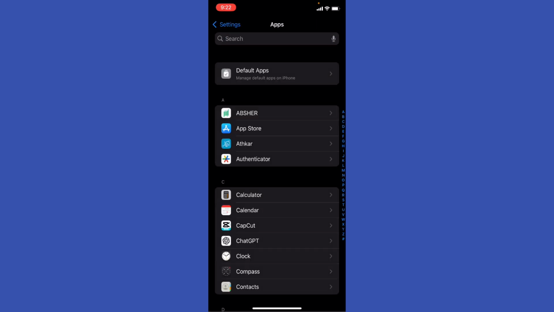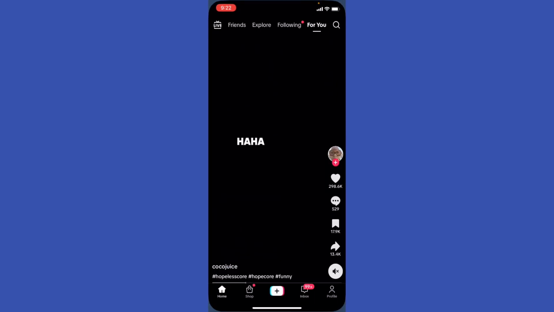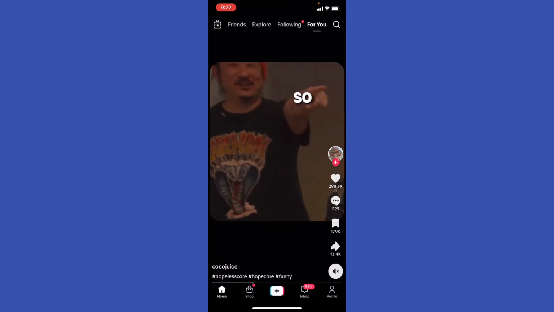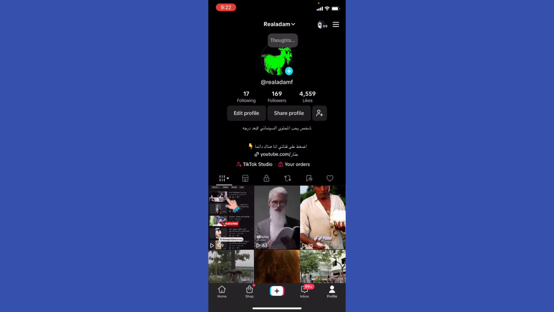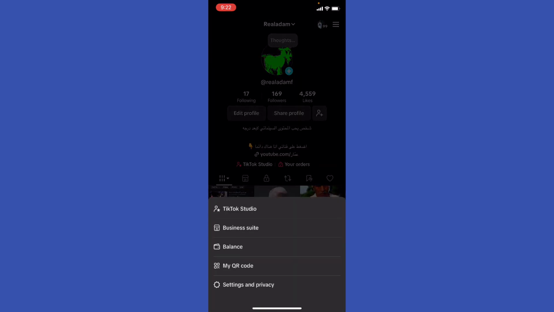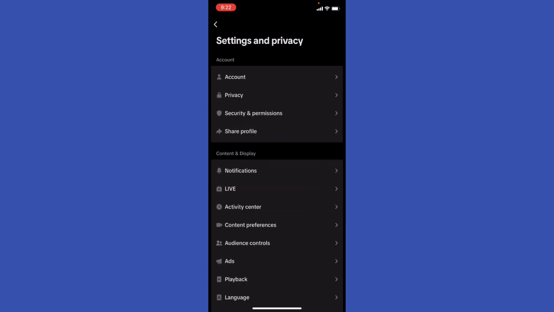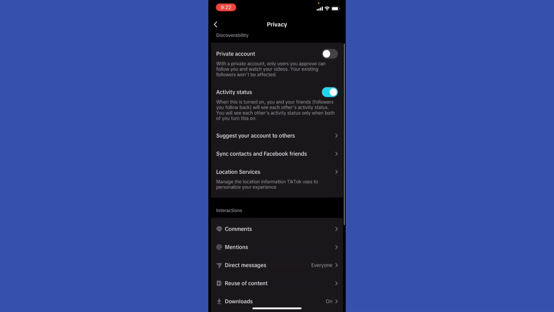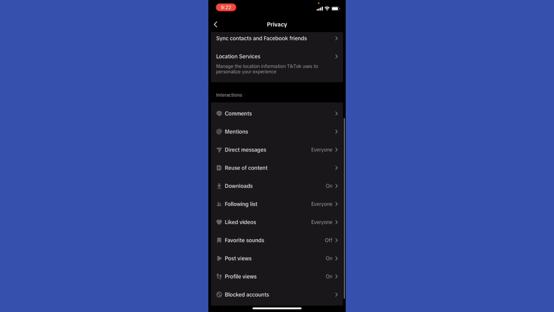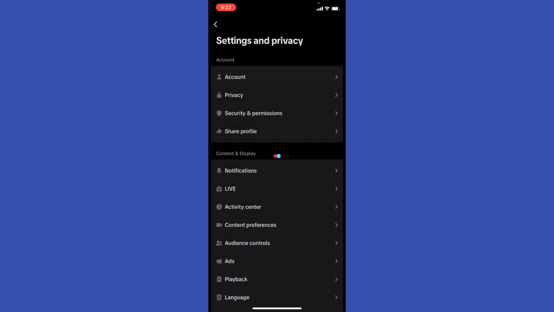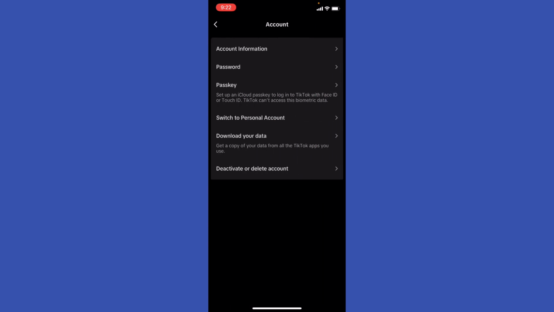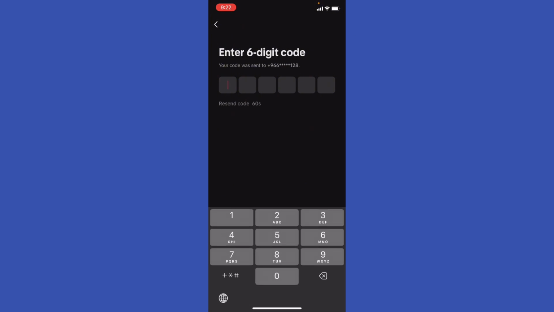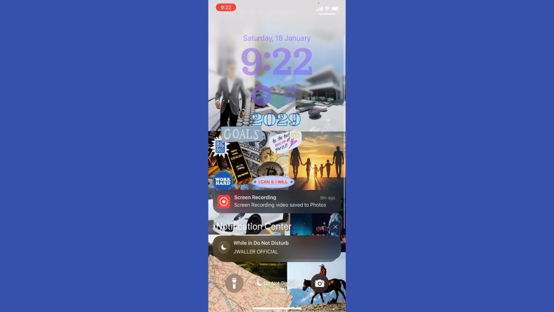On to the next step, we need to use a strong password. If you have a unique password that you can think of, you could click the profile at the bottom right, click the three bars at the top right, settings and privacy, and then go to your privacy, right? Not your privacy to be exact. You can go back right here and click account, right? And then you're gonna go to the passwords